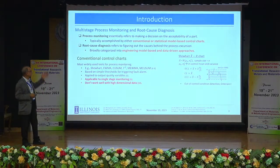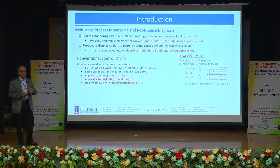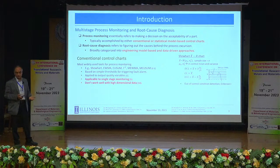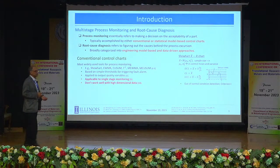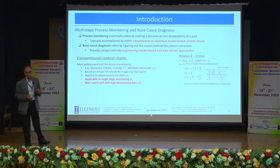Now, root causes. There are two problems which I'm going to talk about. One is process monitoring, and another one is root cause diagnosis. Monitoring is usually done with a conventional control chart. Those who have been exposed to statistical process control or Shewhart control chart, essentially the idea is that you monitor certain characteristics of the output, and you continuously monitor it, and then you will see that sometimes